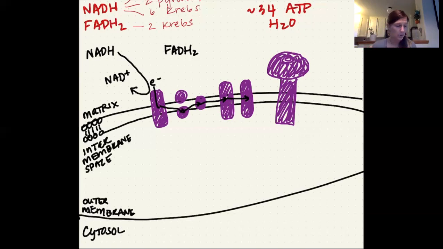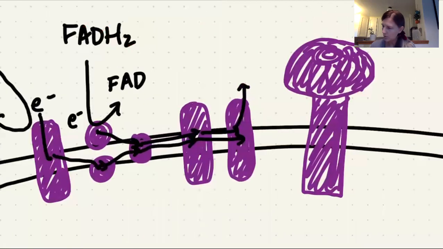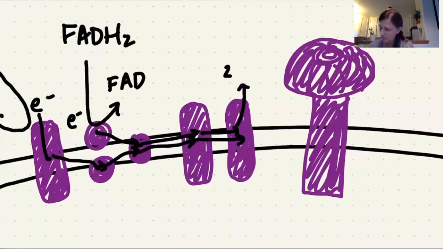Similarly, we're going to see something very similar where FADH2 is also going to donate electrons to the electron transport chain, and in the process, it's going to be oxidized to FAD. And those then are also going to move along the electron transport chain, right? You may ask, what is happening to these electrons? So it turns out that these electrons are going to come out of the electron transport chain, and we are going to see that 2 electrons at a time are going to combine